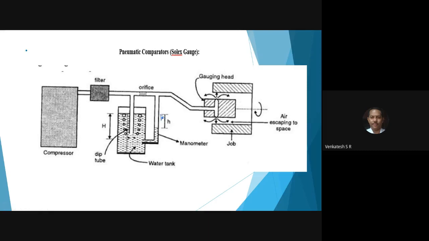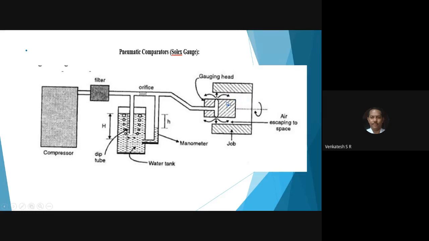The pneumatic comparator is also called a back pressure gauge. Back pressure means whichever air is sent to the measuring head or gauging head, which releases the high compressed air inside the diameter, hits the internal diameter and comes back to the measuring head, passes through the flexible pipe and comes to the manometer, where you can measure the diameter of the liner or ovality of the liner or straightness of the liner, or that is nothing but the hole. That is the core diameter of the liner.